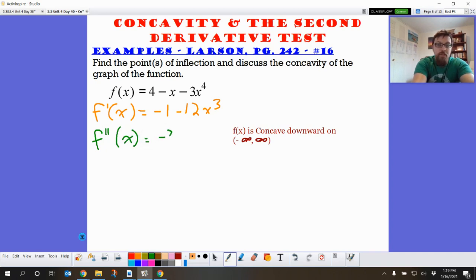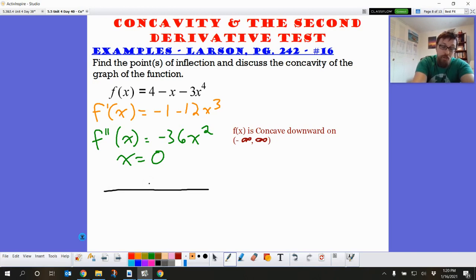So that's going to be negative 36x squared. So the only point of inflection that we should be getting from that is where x equals 0. However, if we go into our sign chart, if we check f double prime of x,